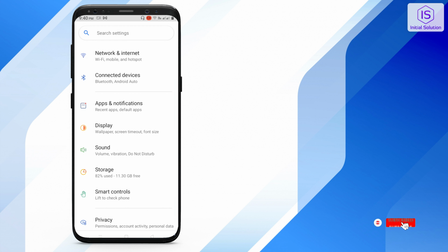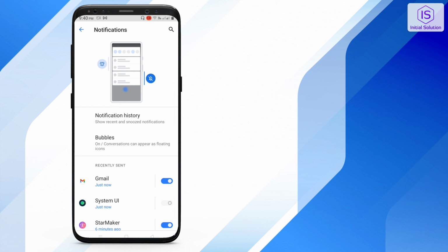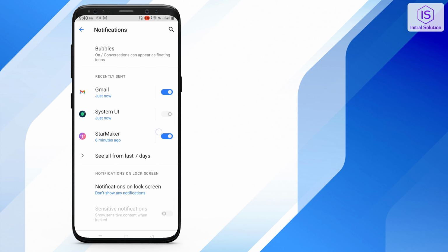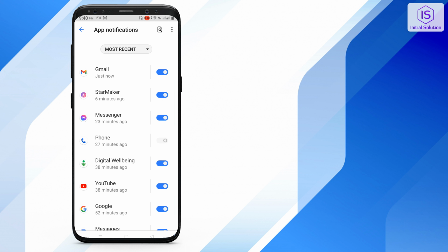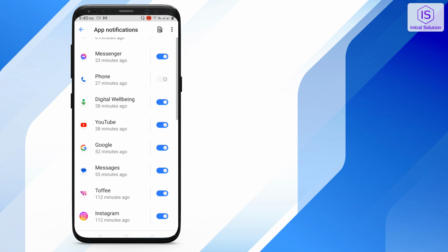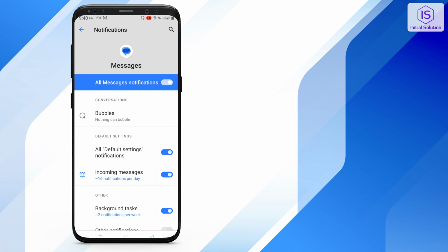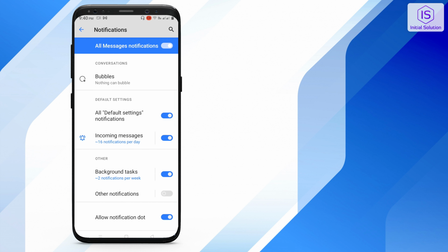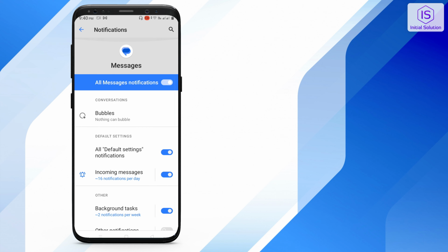Click on this add to notification. Go for notification. Scroll down. Click on see all from last 7 days. Now you can see the message option is here. Click on it, and you have to turn on all these things. These four things you have to turn on,